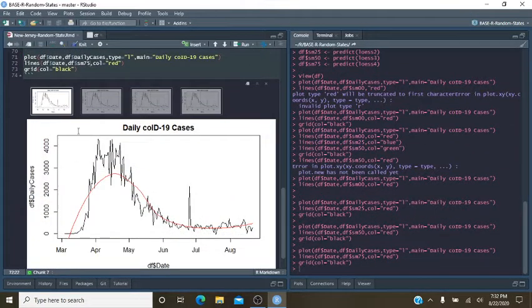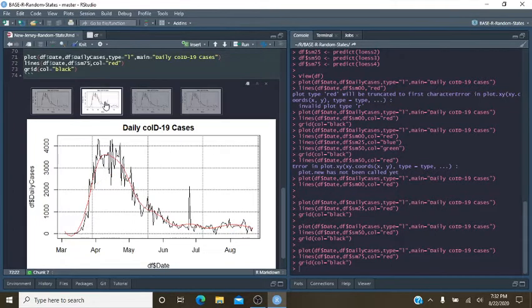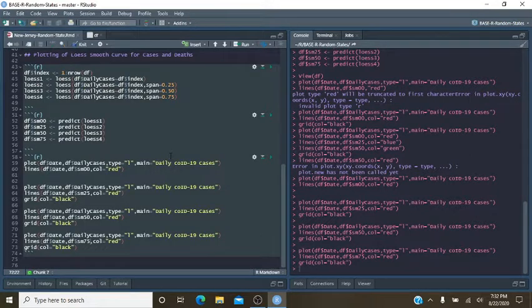All right. This is the default loess fit. Not bad. This should be 0.25. And we could do, let's just,